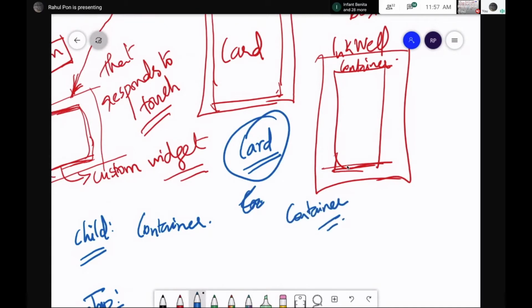So you know how a card is implemented. A card is nothing but a container, guys. Just that Flutter's development kit gives you something called a Card, which is already there. But instead of using that built-in widget, we created our own card using containers. So you have an idea of how widgets are created. You made a custom widget today. That's the best part. Coming back to our stuff.